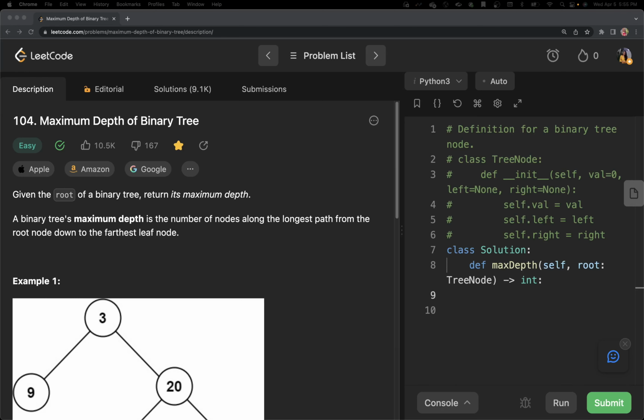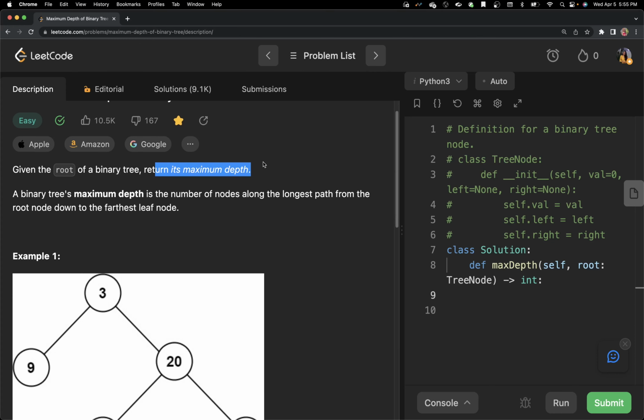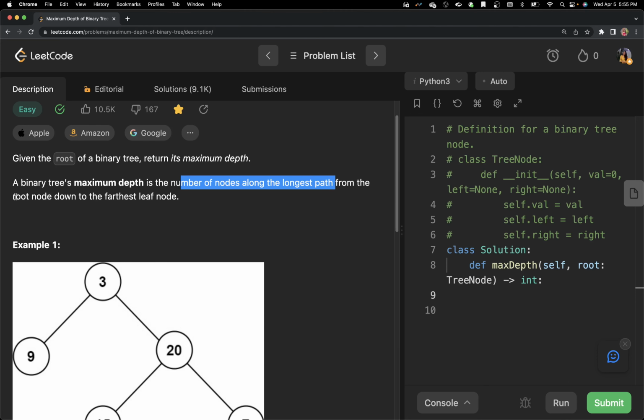This is Ravina and today we are going to solve problem number 104, which is maximum depth of binary tree. Let's start by reading the problem statement. It says that given the root of the binary tree, return its maximum depth. A binary tree's maximum depth is the number of nodes along the longest path from the root down to the